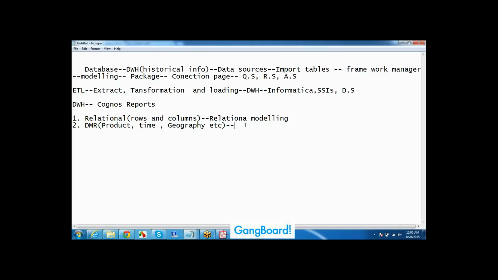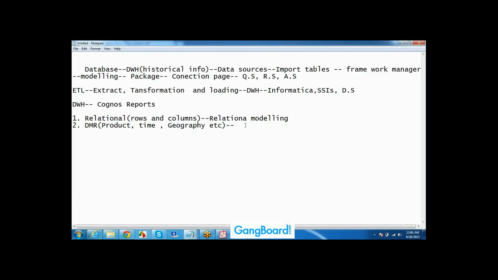Relational modeling, whatever is there in the data warehouse, we are just importing that and then working on it. DMR, we need to tell them manually. So relational is fast and easy, there is no need of manual corrections or manual entry like a dimension. Not fast. Both have the same complexity, same usage, same importance.